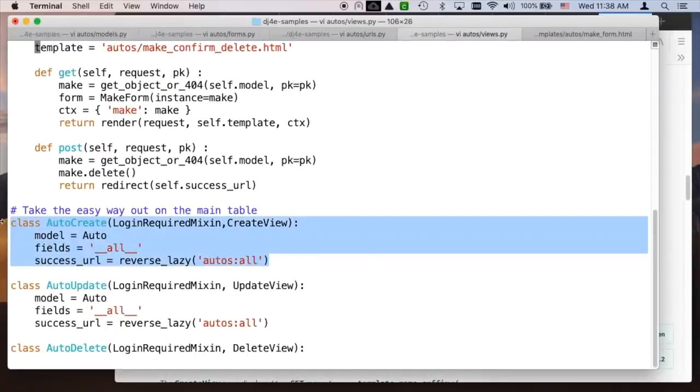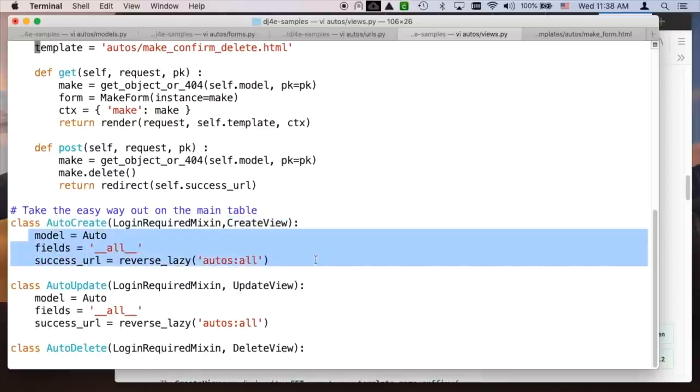Now, auto create and make create, for all intents and purposes, do the exact same thing. So what happens in auto create, because we're extending create view, we have 3 bits of metadata. We tell it which model we want to use, which fields from that model we want, and where the success